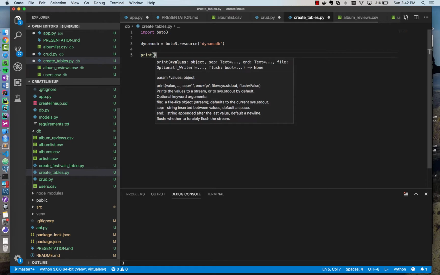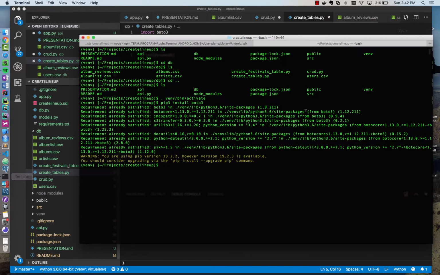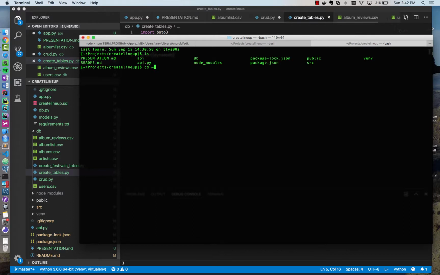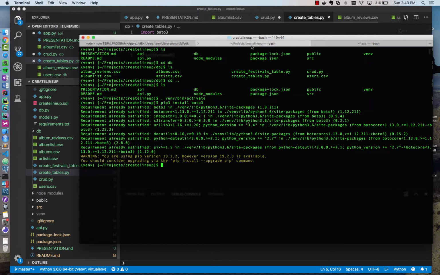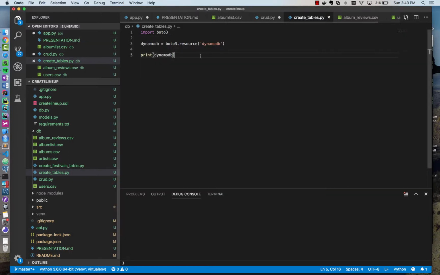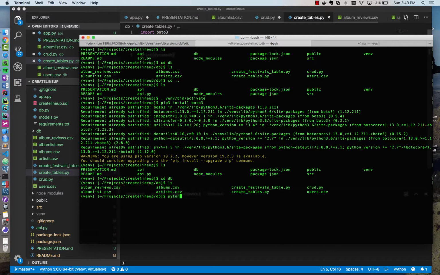And we'll just print that out and run this just to see that this is configured properly. In the previous lesson, in my home directory, you'll see I have a .aws directory where I've entered Amazon config and credentials so that this boto3 instance is already connected to my AWS account. So it'll be able to know what's available in DynamoDB. So I'm going to go to this directory and run this file, create tables.py,